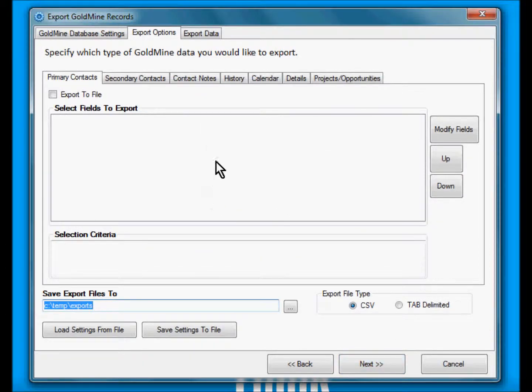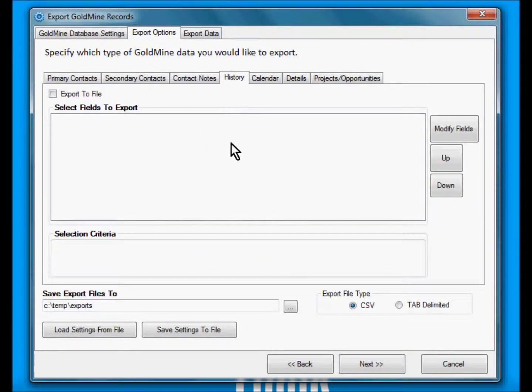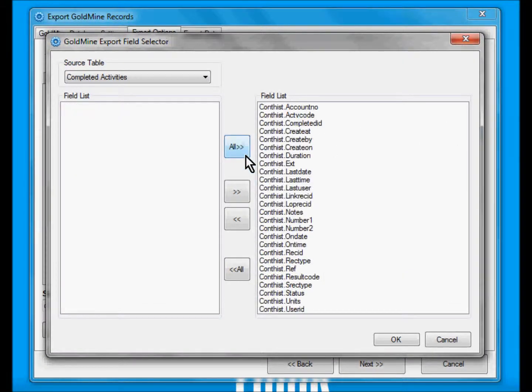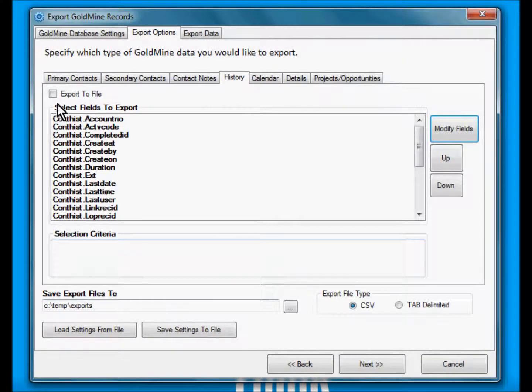And in this case, if you simply want to export history, then we can simply click on Modify Fields. I want to export all fields and select the Export to File. Right now the file will be exported to c:\temp\exports, and